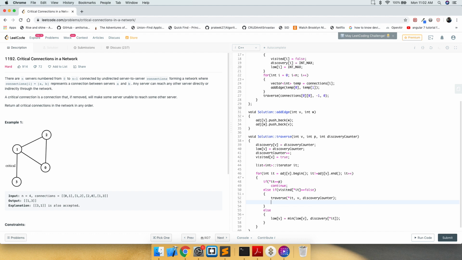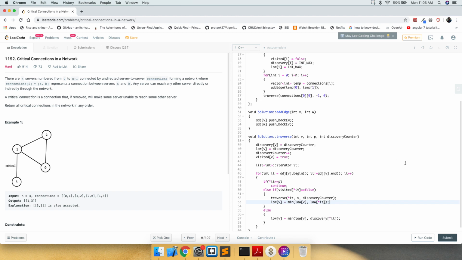Once we get back from 3, we update low again. As I was saying, the whole idea of this traversal is to update low and check if it meets the criteria, which I'm going to show right now. So low is updated again with the low value of v versus the low value of the child, whichever one is smaller.